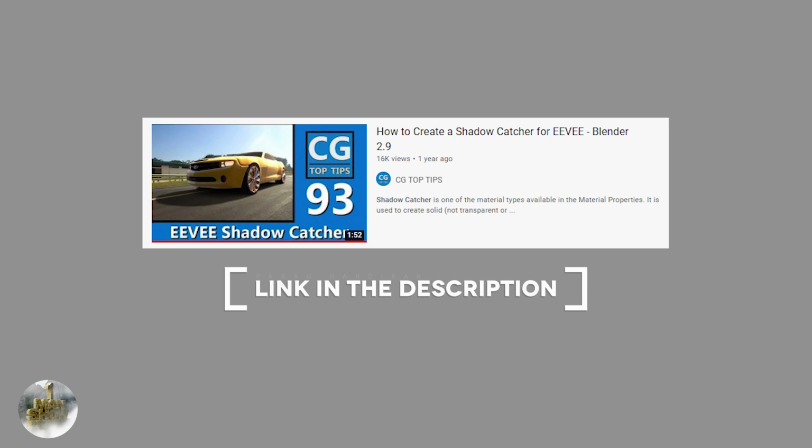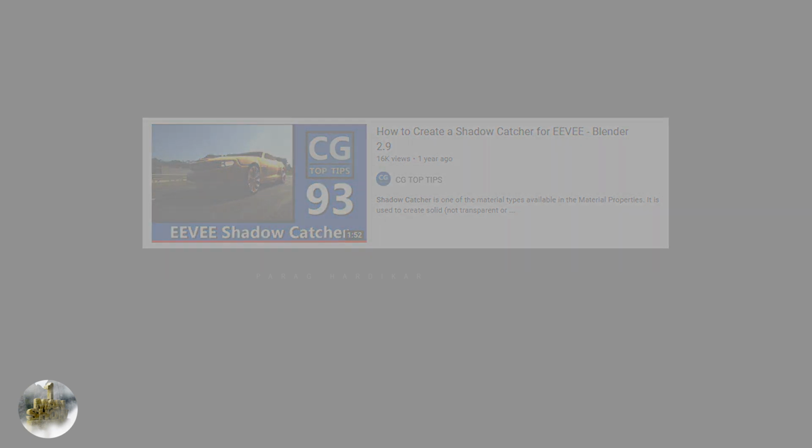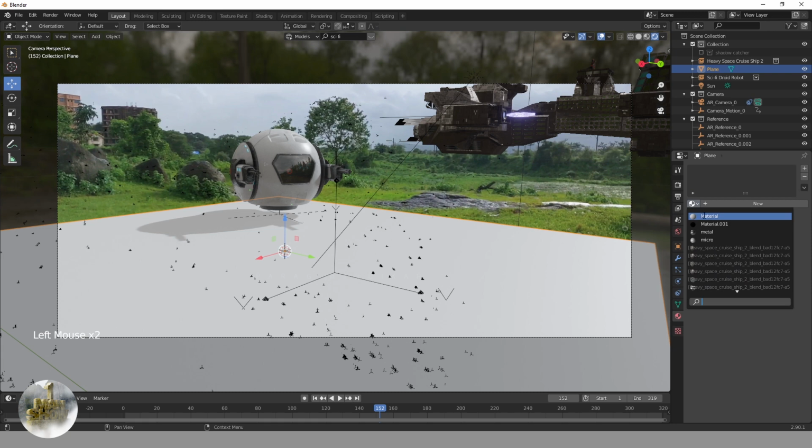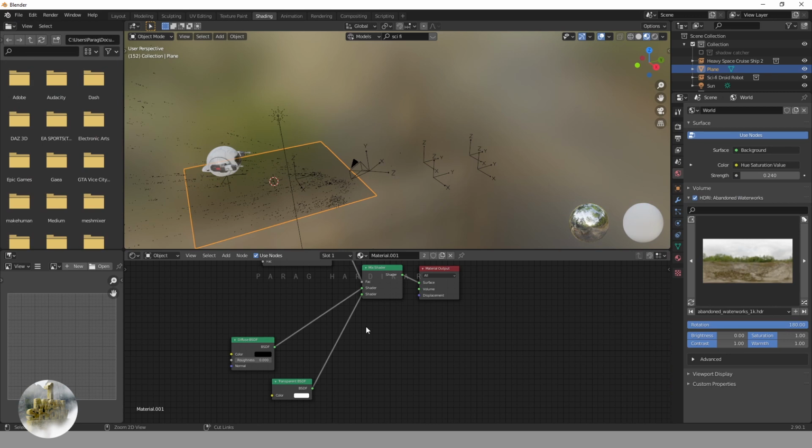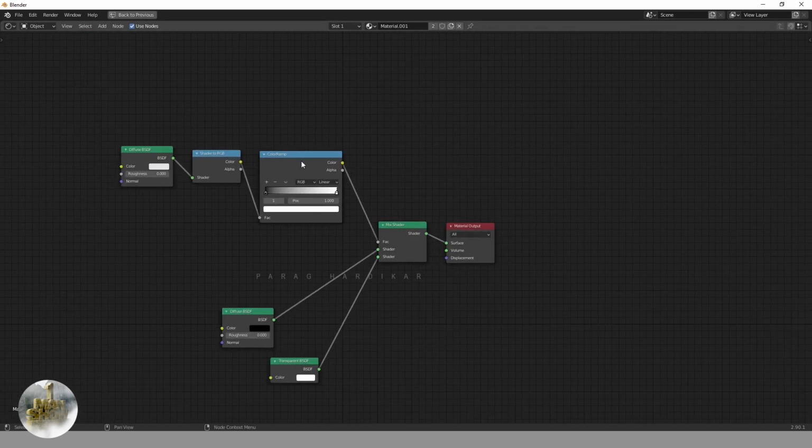If you wanna know in depth how to create this material by each and individual nodes, then watch his tutorial. Otherwise, this is going to be the node setup.